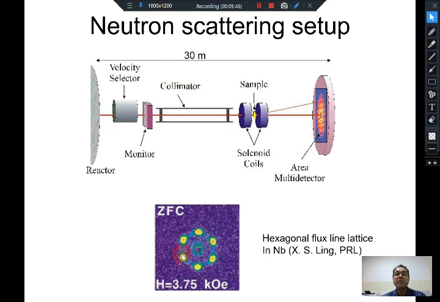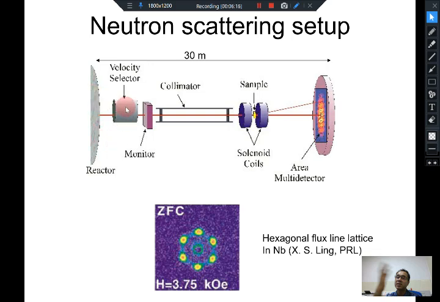This is actually an experiment at about 3.75 kilogauss. You diffract a beam of neutrons from the superconductor which is applied in a magnetic field of 3.75, and you see this hexagonal arrangement of Bragg diffracted spots, which is generated by diffraction of neutrons, not X-rays. These are diffraction patterns of neutrons. Physics is exactly identical. Instead of X-rays, you just have neutrons, and the advantage is that you can make them slow. There are different ways of making them slow.